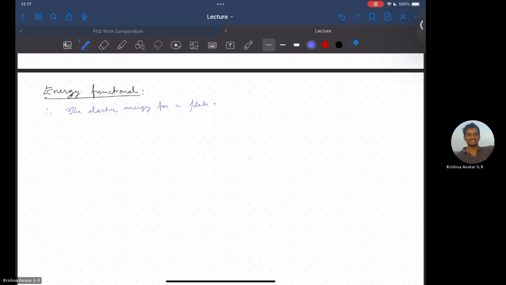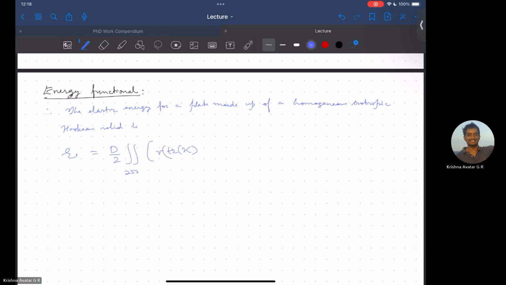Plate made up of a homogeneous, isotropic, Hookean solid. The energy E is equal to D by 2, where D is the flexural rigidity, times nu trace of kappa